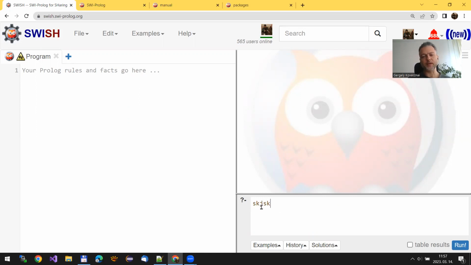Here you can type questions which you ask if they are implied from the knowledge base. And finally, here to the right, you will see the output. You can hit the run button to run your program or your query, and then the output will be displayed in this area.